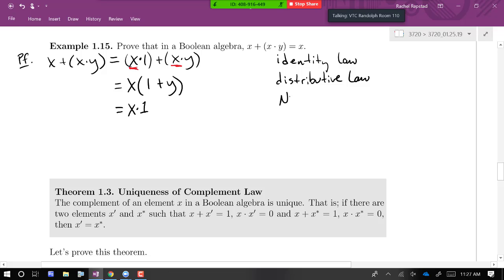Right, this is the null law that we proved. And now, of course, if I multiply anything by 1, I get itself. That's the identity law. And again, we start with one side of the equation we wanted to prove, and we've maintained equality throughout, and we ended up with x. So our conclusion